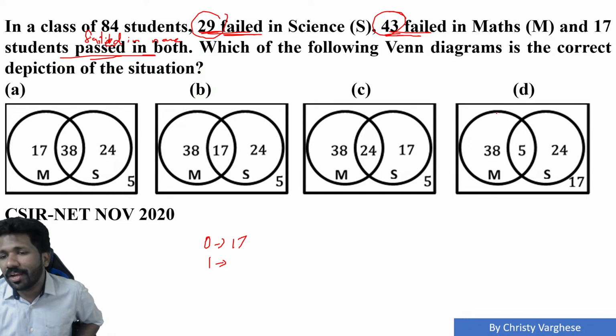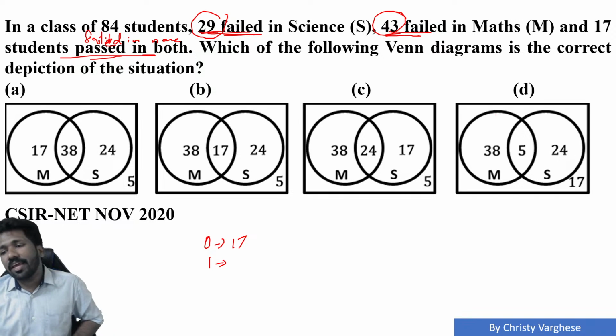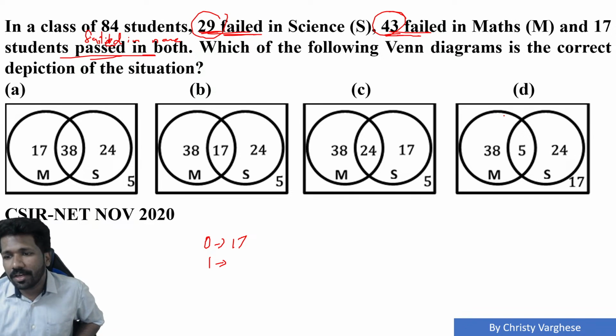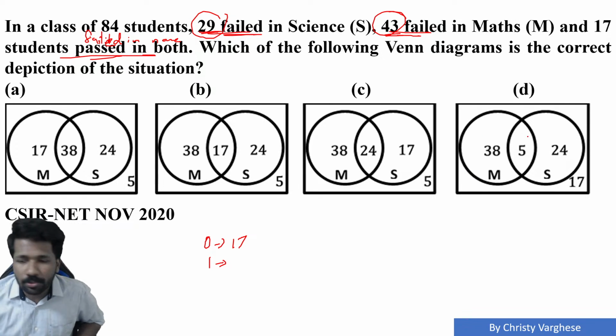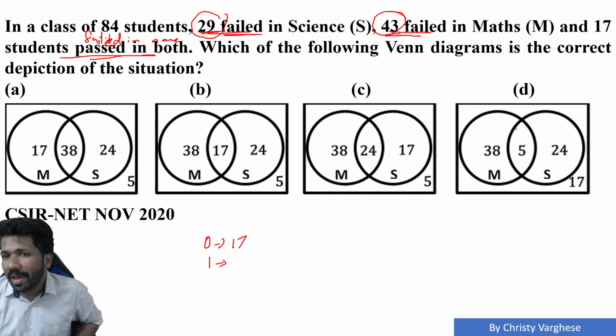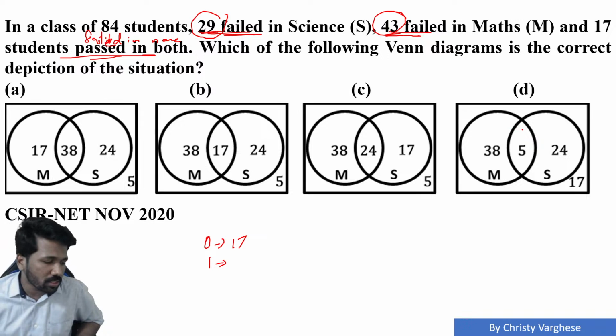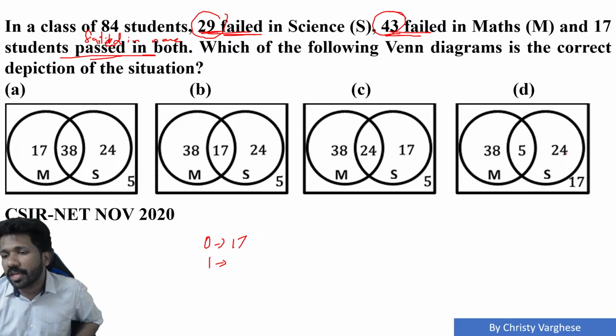मतलब साइंस फेल्ड एक सर्कल है, मैथ फेल्ड एक सर्कल है, तो साइंस फेल्ड सर्कल में 29 वैल्यू होना चाहिए, मैथ फेल्ड सर्कल में 43 वैल्यू, और 17 कहाँ होना चाहिए, ये दोनों सर्कल के बाहर. The 17 should be outside these two circles. मैथ फेल्ड स्टूडेंट्स, साइंस फेल्ड स्टूडेंट्स, बोथ दो सर्कल्स आउटसाइड should be failed in none